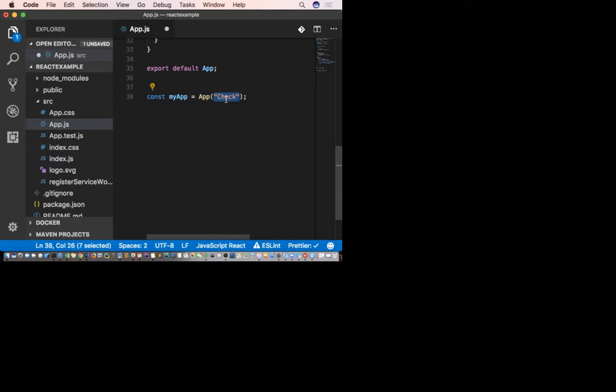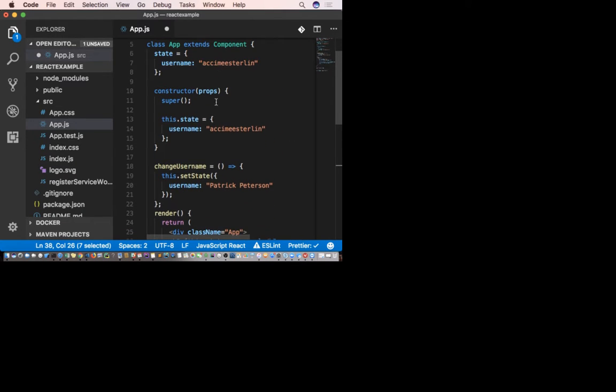This data represents props here. And according to ES6, when you use the constructor, you have to use the keyword super.